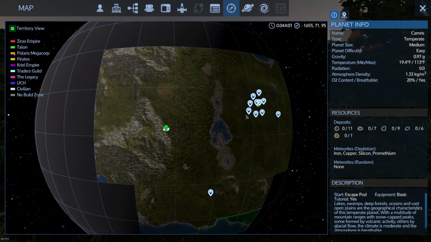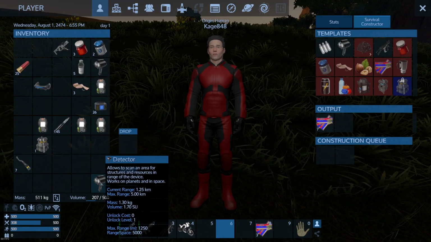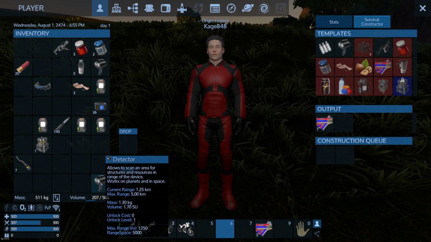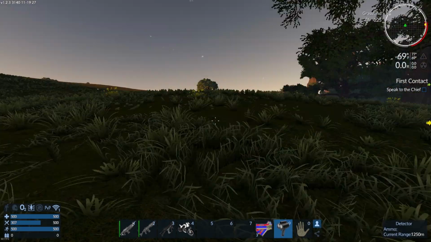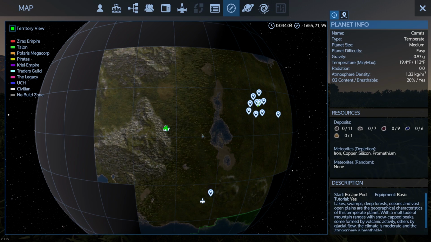So the detector should detect stuff. I don't know what it detects, but it detects stuff. Allows a scan for area, structures, and resources. Oh, that's right. That's right. There we go. I forgot all about this. And that will...